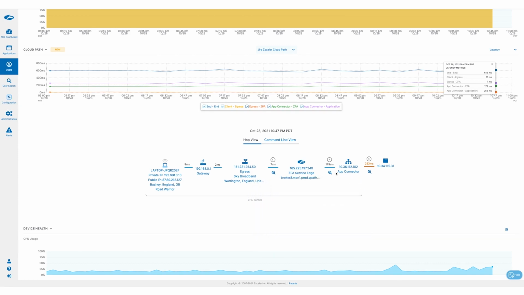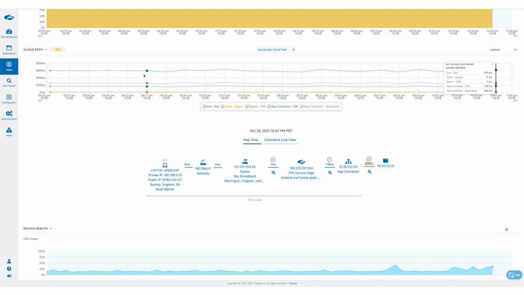But then it connects to an app connector. We are going to include here the location of the connector. We realize that it's going to be very useful information, so you're going to be able to see it. This connector happens to be in our office in India. And it's chosen because it's the closest one to the UK, based on the policy of CPA. However, the application is in the US, and then from India to the US, we are experiencing an additional 253 milliseconds. So totally, this user is seeing an experience of 600 milliseconds, which is not far from a satellite type of latency.